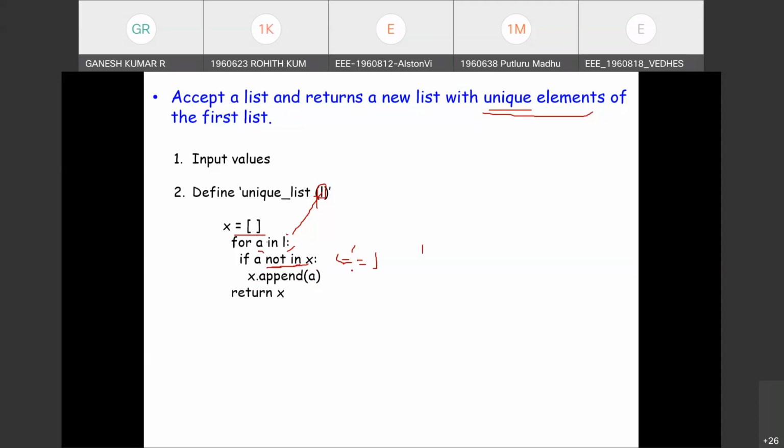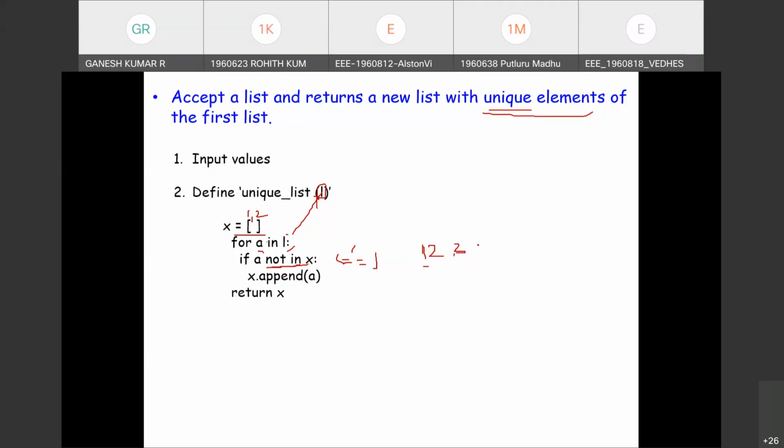If it's unique, a different value, for example, the second number is 2 and the first number is 1. So A is equal to 2, which is not in X, so it is different. So X dot append A, the second value is appended in the list: 1, 2. The third value, let us assume 3. Again, 3 is not in X, so it is appended.